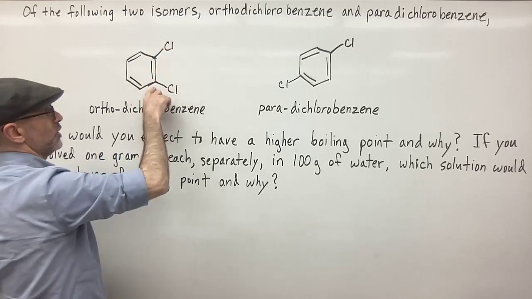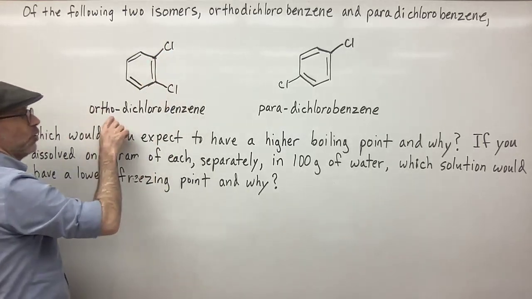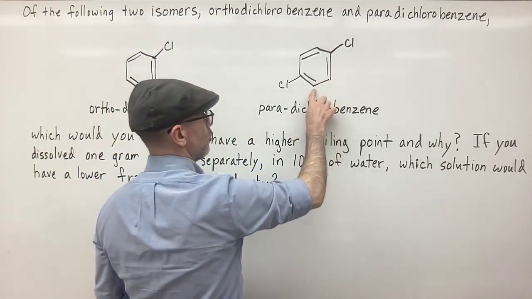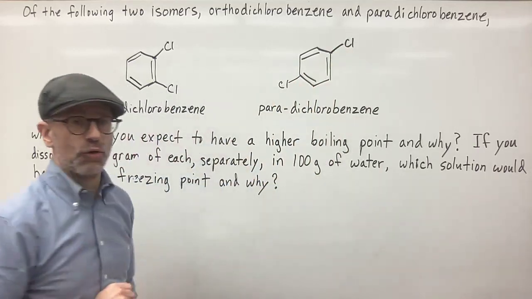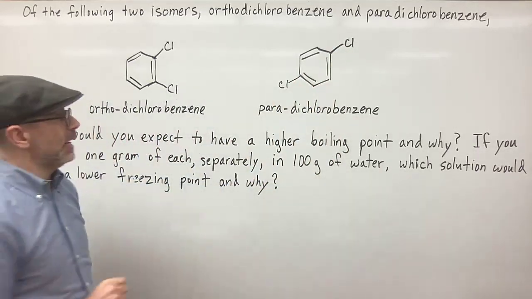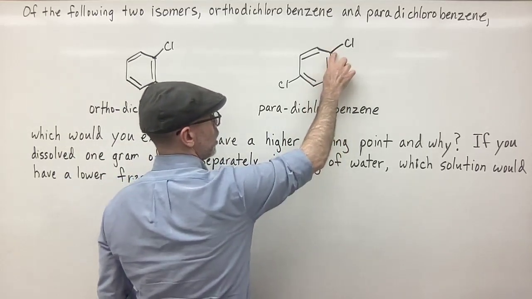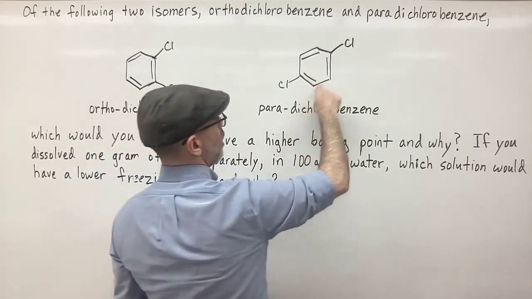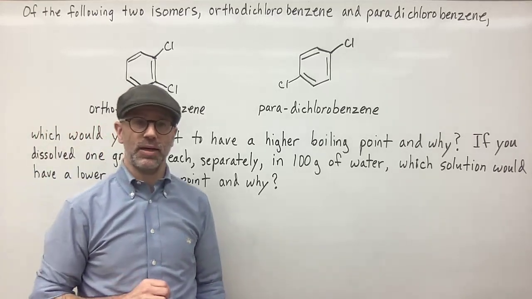So this would be 1 and 2. If you're on the 1 and 2 position, that would be ortho. If you're on the 1 and 4 position, that would be considered para. If you're at the 1 and 3 position, so if the chlorine was there, that would be considered meta